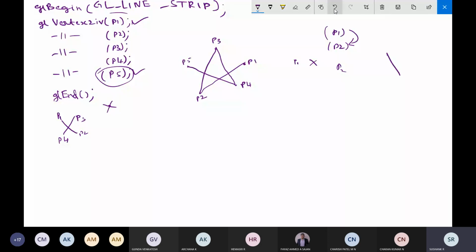To display one line, you should mention at least two coordinate positions, P1 and P2. If you're not giving the two points, nothing will be displayed. So this is the working of line strip.